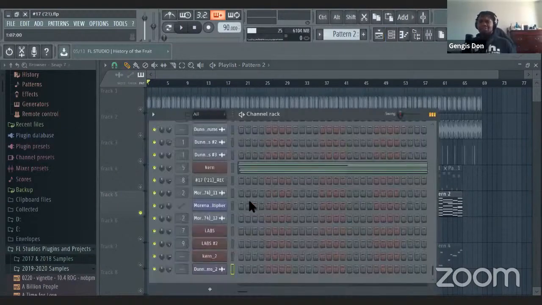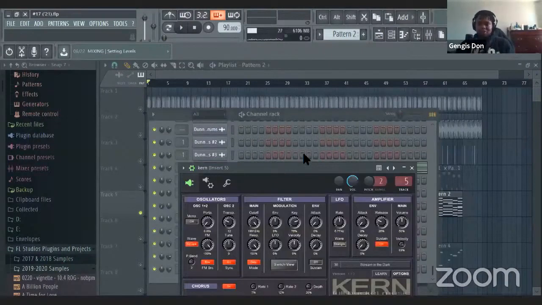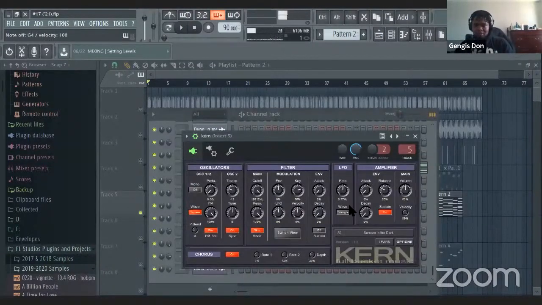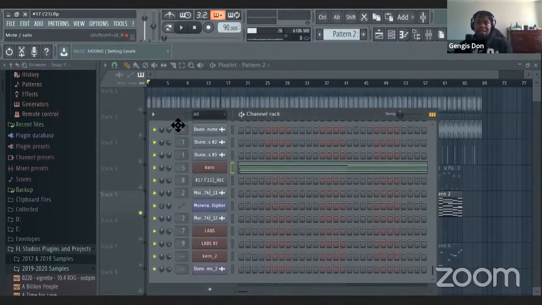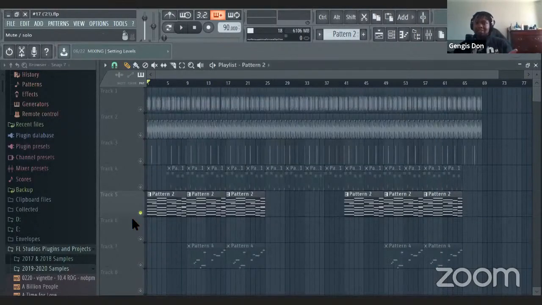It's essentially like an electric. I'll show you guys what it is. You can use different sounds, you can switch your sounds up, you can manipulate it. It's essentially like a synth. I don't know if you guys know what synths are, but yeah, like electric keys. And so I use Kern for the plugin just to add the harmony on top of the rhythm that we have so far. So I'll play the harmony by itself.